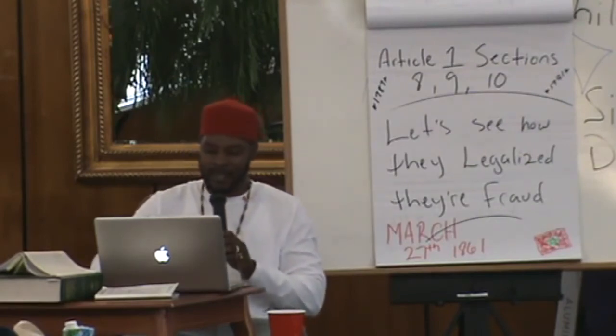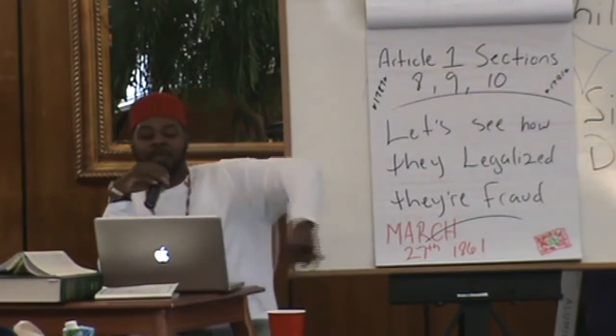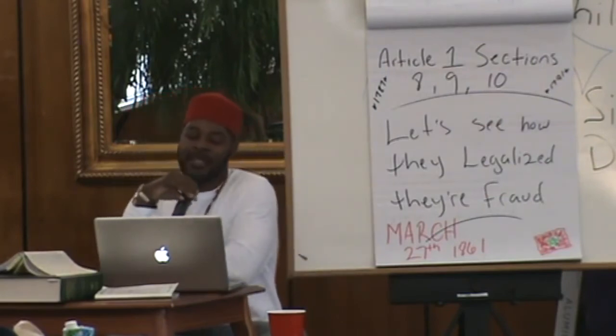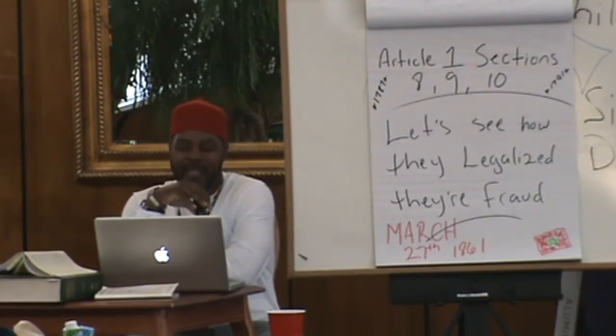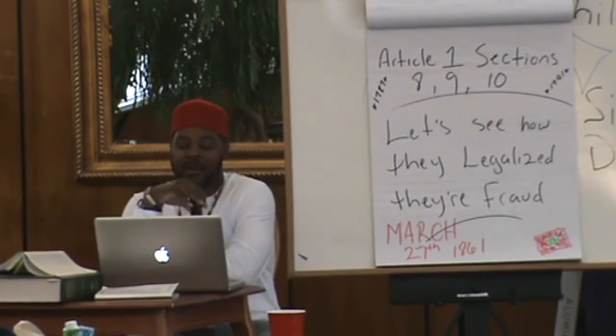Section 4. The times, places and manner of holding elections for senators and representatives shall be prescribed in each state by the legislature thereof. But the Congress may at any time, by law, make or alter such regulations except as to the places of choosing senators. The Congress shall assemble at least once every year, and such meeting shall be the first Monday in